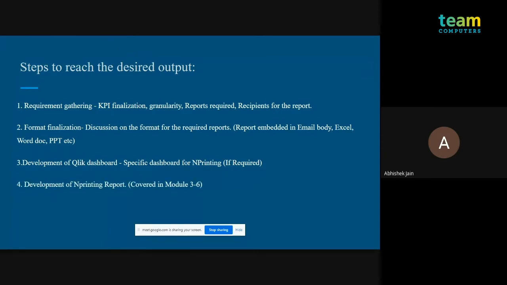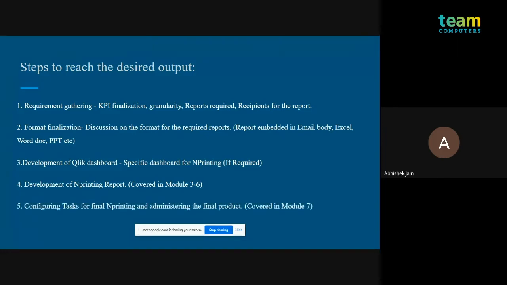Then the fourth step is, now that you know all the customer requires, you have developed the dashboards, and the data is ready and tested, you just need to open your imprinting designer and start building your reports.